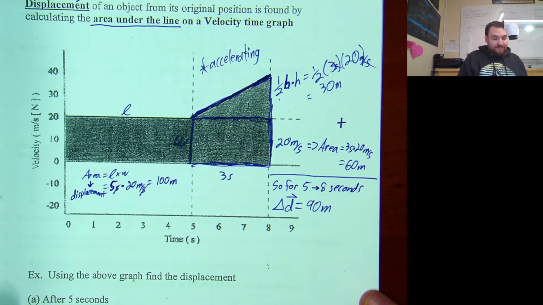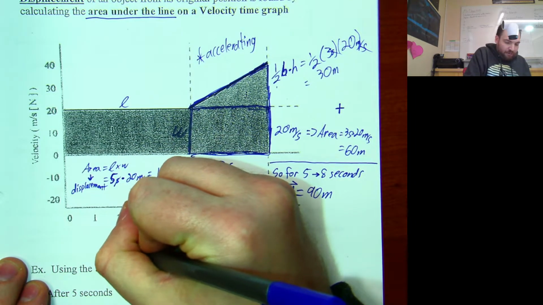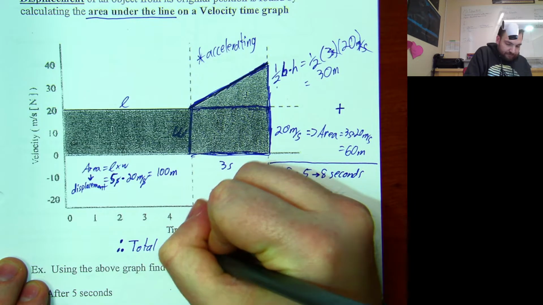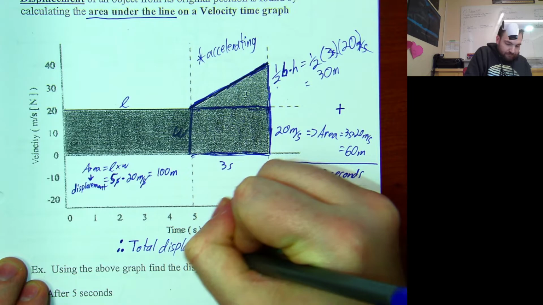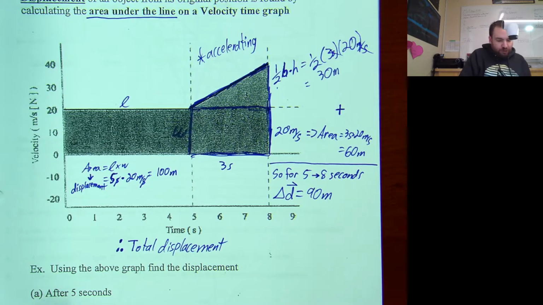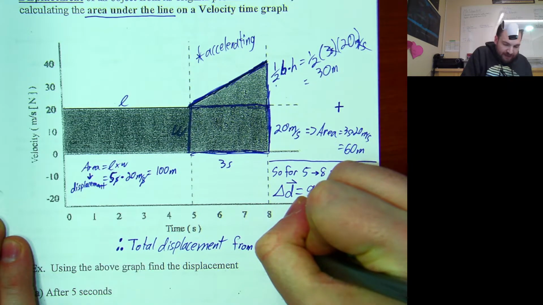But we could take this one step further and say, therefore, total displacement. Is that what that one means, like the 3 dots? Yes. You've never seen that before? No. Okay, sometimes it shows up in math class. That's what these 3 dots mean, is therefore. It's a concluding statement. Therefore, total displacement from 0 to 8 seconds